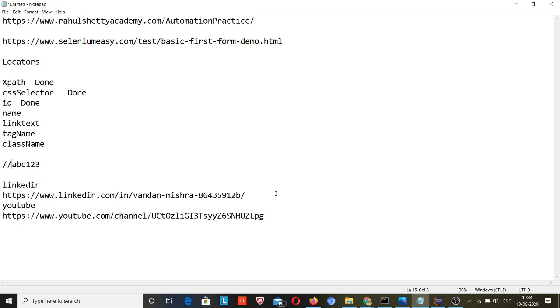If the id is not constant, meaning the id has some numeric value, then you need to use regular expressions, and you can make them using XPath and CSS selector. This is the main agenda: when I am talking about locators, you need to follow it very carefully.